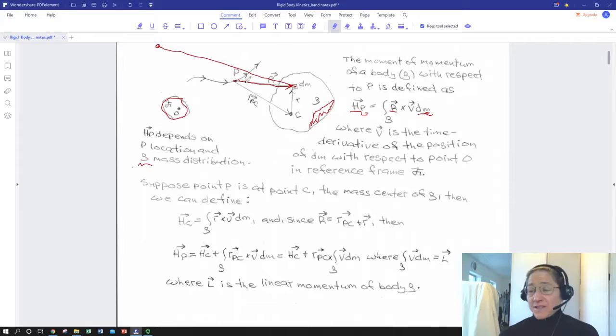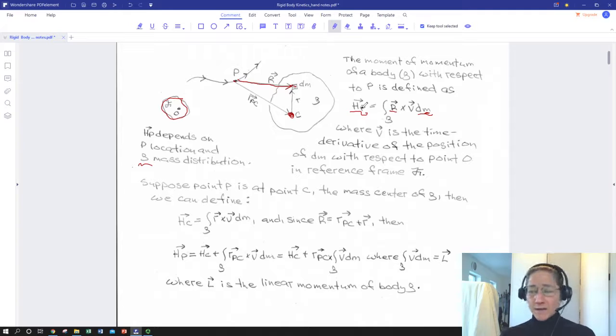Okay, well, that's great. This has gotten us in a similar situation to what we were looking at with particle angular momentum. Now we've just basically integrated the angular momentum of each particle in the body over the whole body. What if we wanted to do that around the body's center of mass here? So we have point C, the center of mass of that body, because generally speaking, the center of mass allows us to simplify things. And so I'm going to erase some of the things we're not using now. Let's take a look at how we can use the properties of integrals to define the angular momentum,